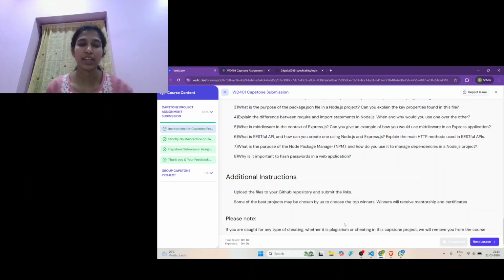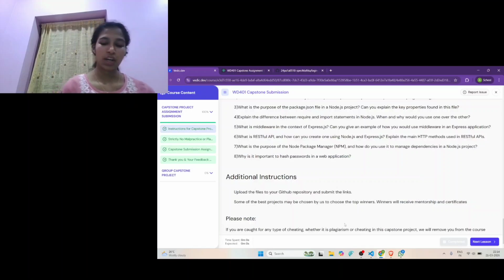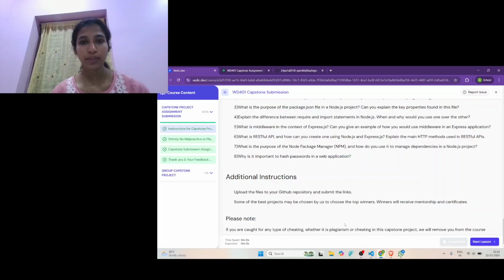When we create a password, for example 1 2 3 4, after saving it, it will be converted into a hash code. Each specific password has a specific hash code, and in the hashing it will insert some random characters so that if any hackers want to